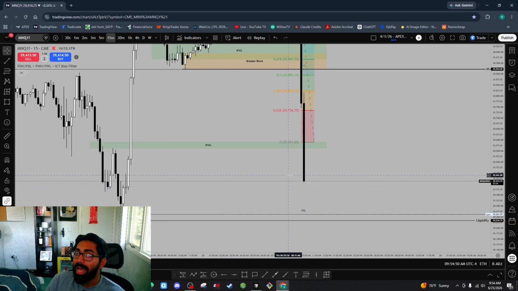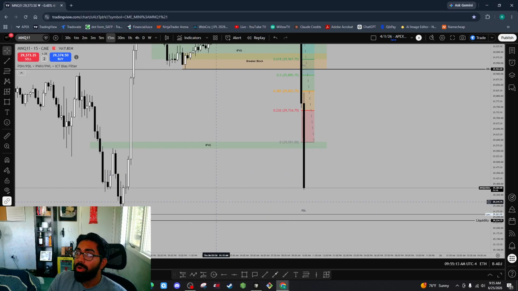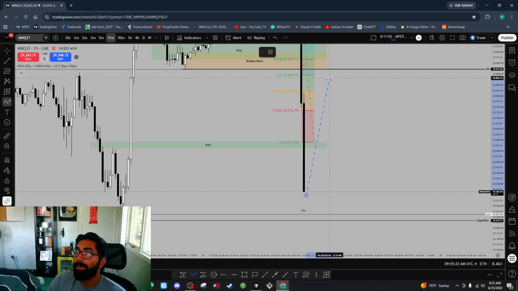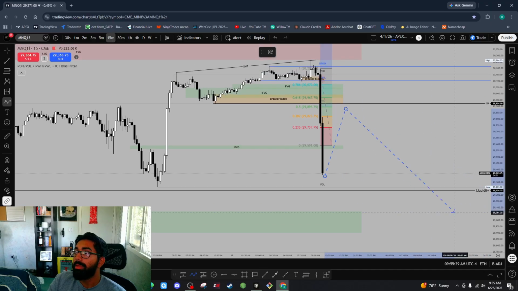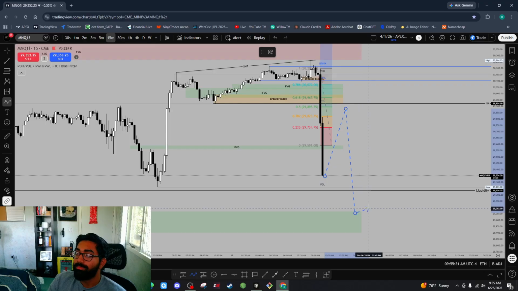But what's going to happen? An SMT doesn't always mean that the entire market has flipped and now we're taking longs. No, it could just mean that an SMT is now generating enough liquidity for price to make a deep retracement to then enter a position to continue in the dominant direction, right? So NQ had not taken out this low, ES will. That will generate a deep enough retracement up here for us to then enter shorts and then target previous day low, or target this liquidity, or maybe even target this 4-hour bullish. That's what's going to happen.